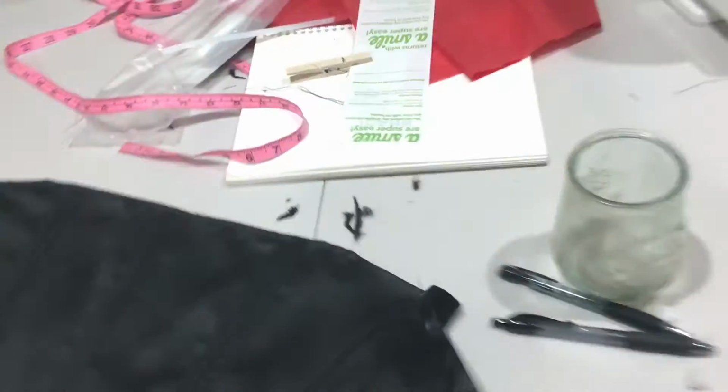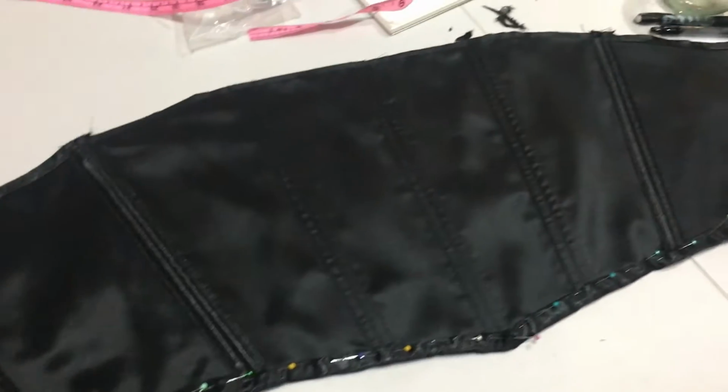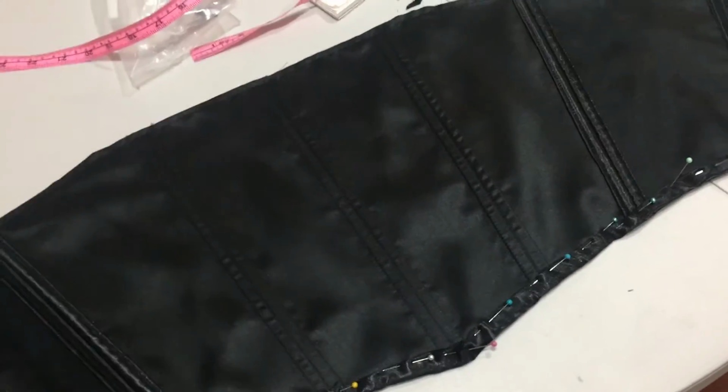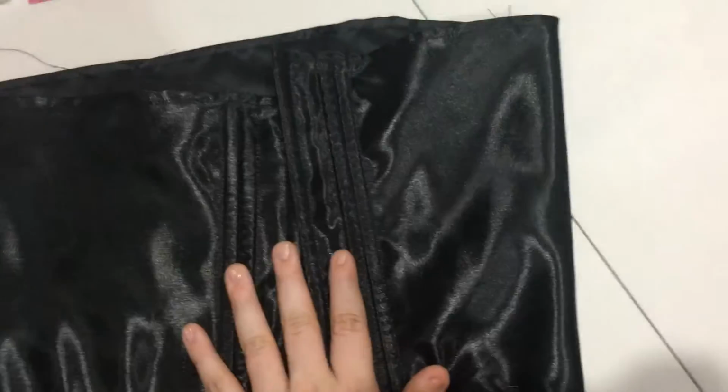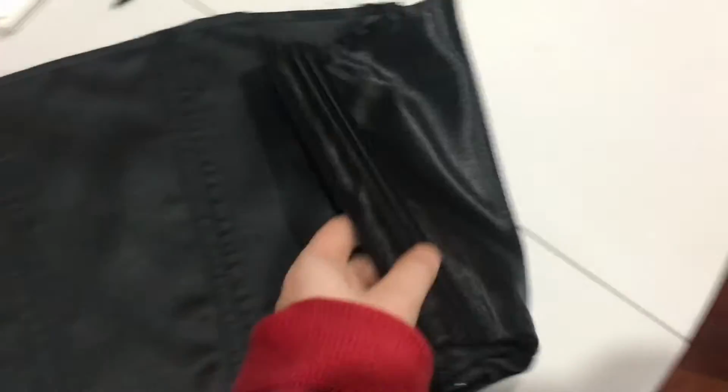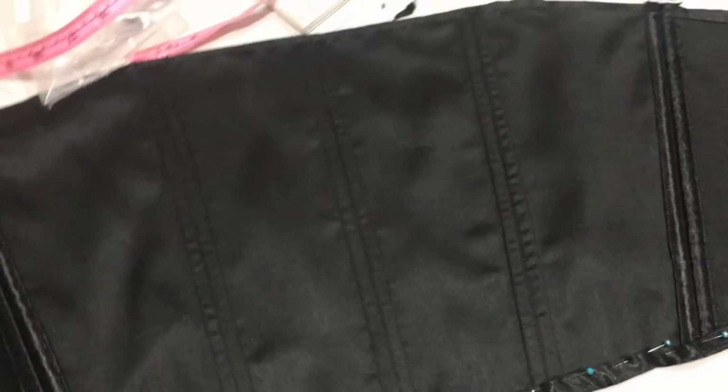Okay, so here's what we have. This is my pattern. This is exactly how I wanted my bodice to be. I actually am super happy with the result. I don't think I need to make any changes. So the two things that I did differently on this that I will change when I do the actual bodice